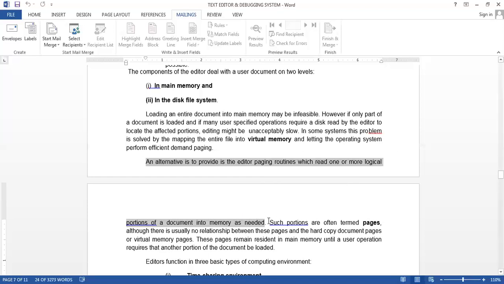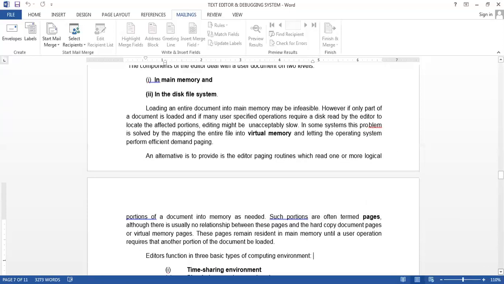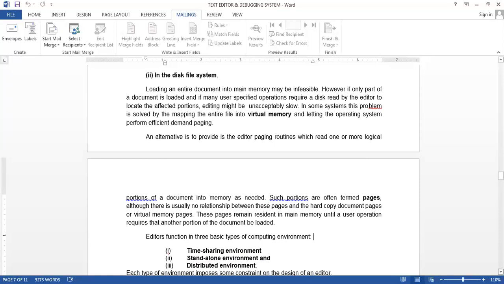Such portions which we load from the hard disk to main memory are called pages. When we load these pages, we can perform the editing. We can again load other pages from the memory and perform editing.